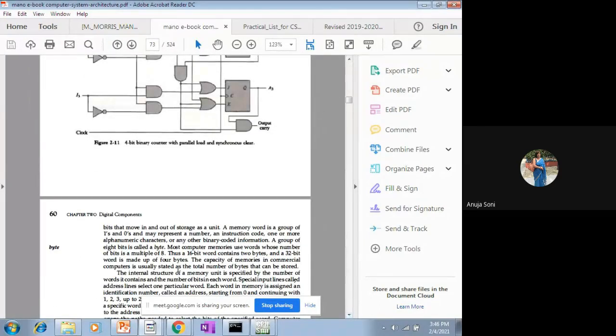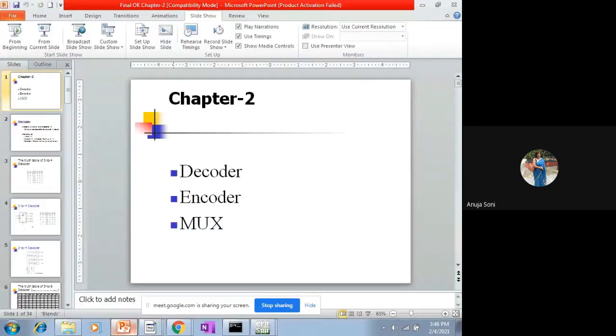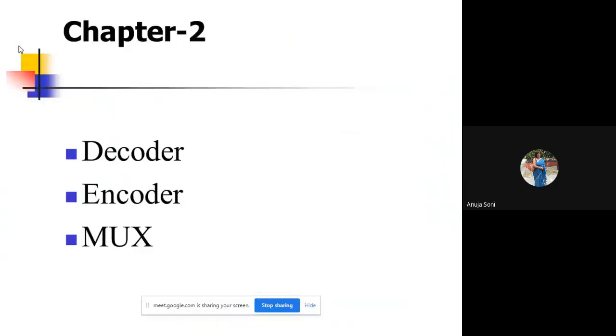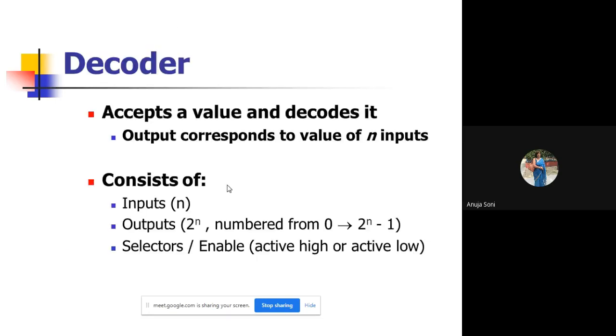Now I switch to the PPT corresponding to your chapter 2. So what are these? Decoder, encoder, and multiplexer. These are nothing but examples of your combinational circuits. What is the definition of a decoder? What does it do? I told you that it's an example of combinational circuits, so it's a hardware block. It accepts a value and decodes it, and the outputs correspond to the value of